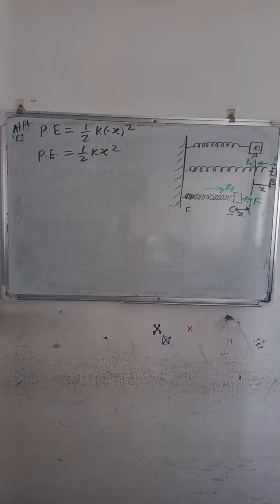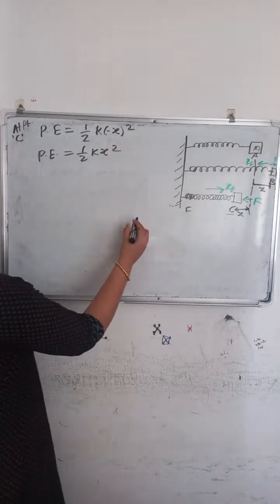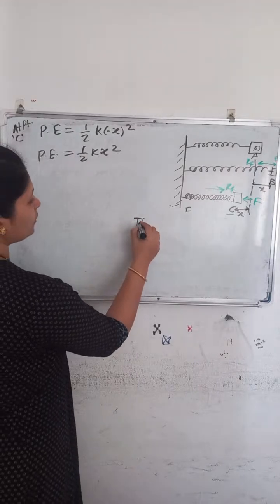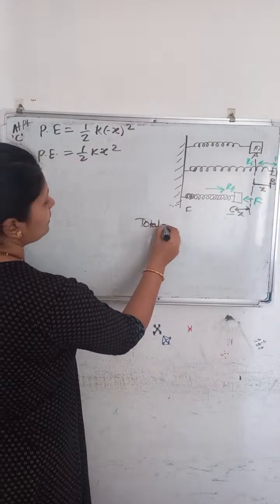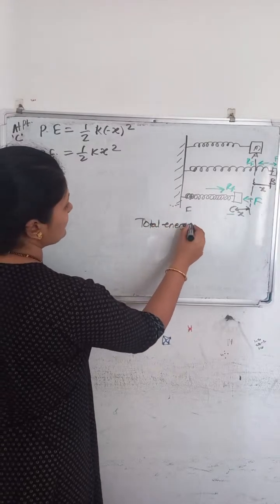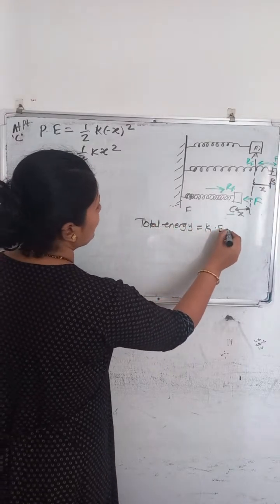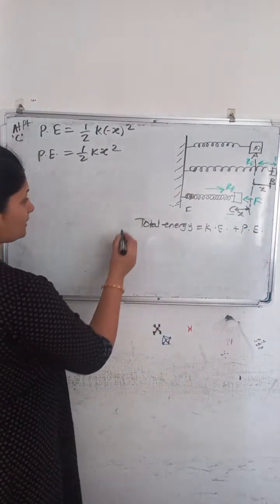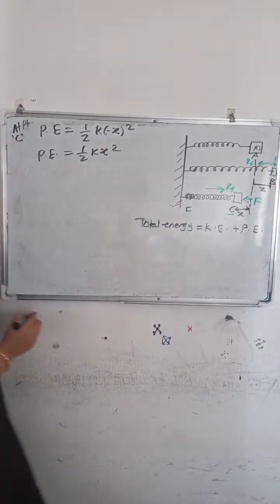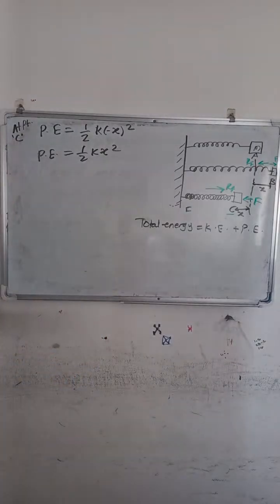So we can say that total energy. So what do you mean by total energy? Total energy of any system is nothing but what? Kinetic energy plus potential energy. So at point B, we got the total energy as half kx square, and here also